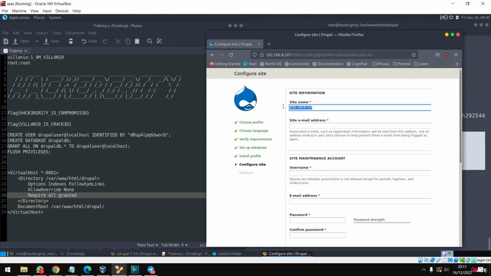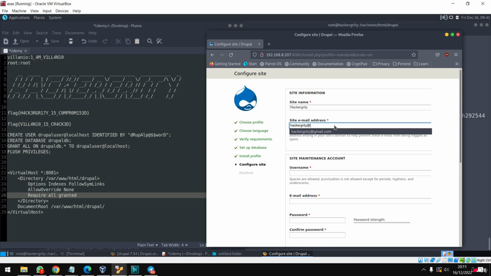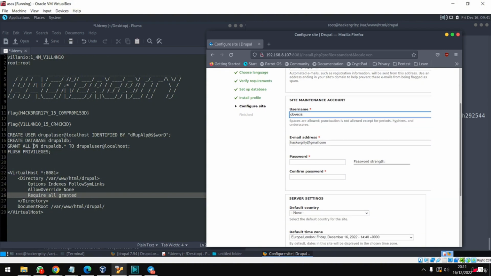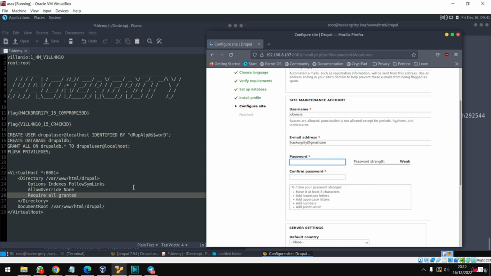So the site name is going to be my CTF name, it's hackergritty, right? For the email address, let's give a fake one, hackergritty@gmail.com. For username, let's give Cloasia, which is my username on the Parrot machine. And for a password, give a random password which is hard to crack,